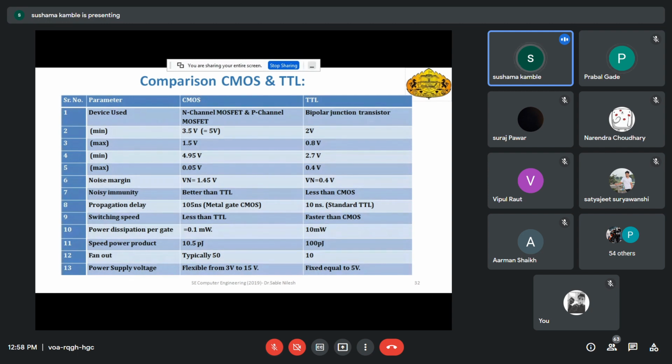हम लोगों ने देखा है ना ड्राइवर लोड। And it can provide input to 10 units. That can be said like this: a CMOS device can drive up to 10 CMOS loads. More sophisticatedly, a CMOS device can drive up to 10 CMOS loads. Got it? Yes, ma'am. That means fan out. Okay?